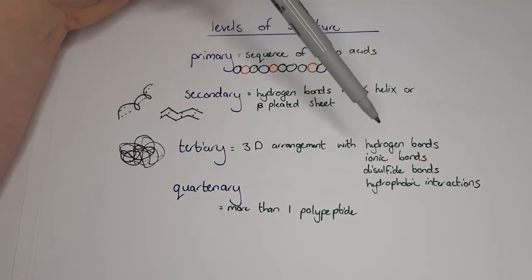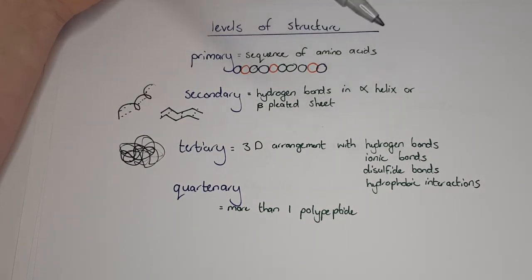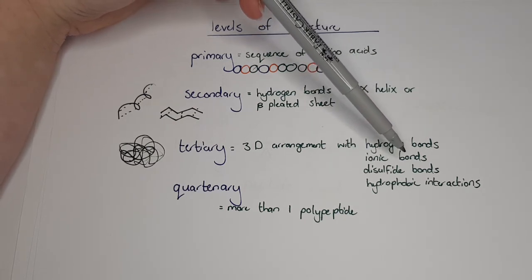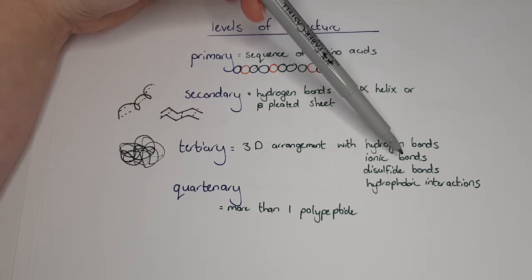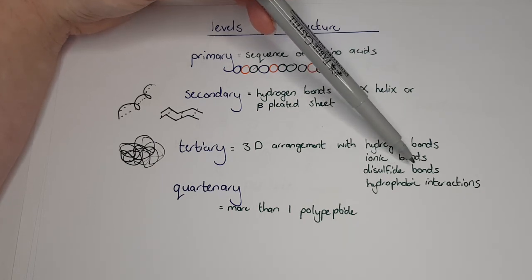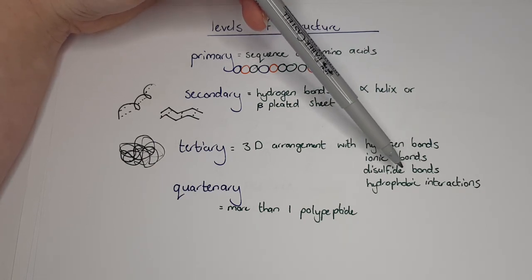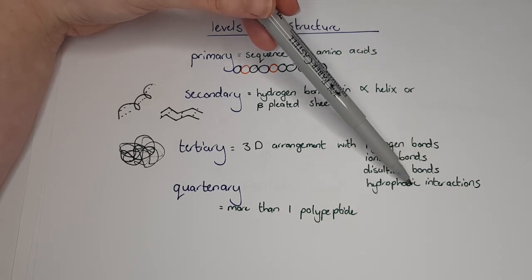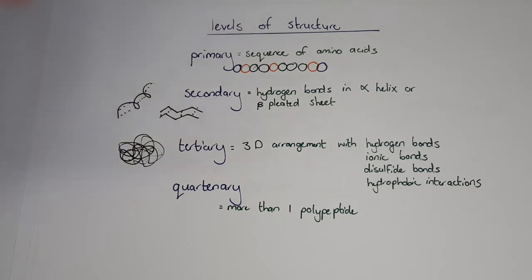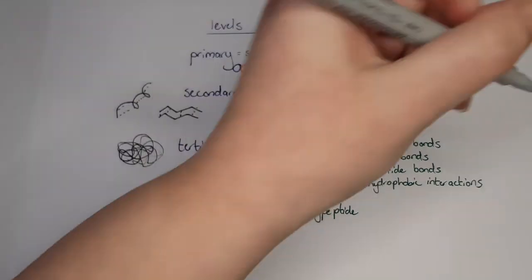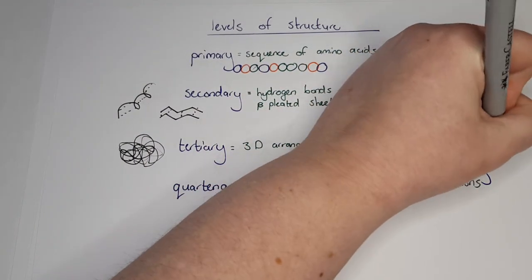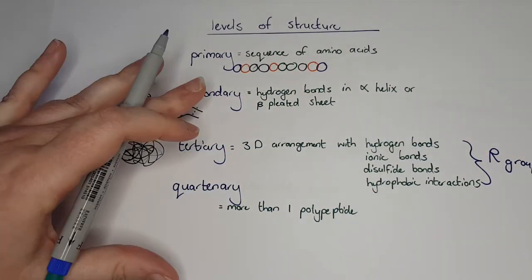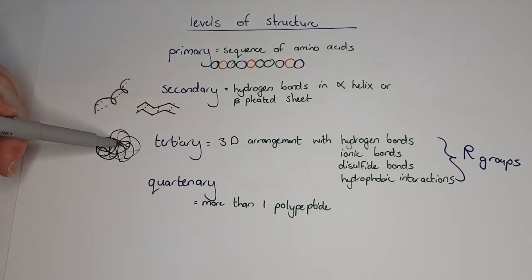Our hydrogen bonds, same as before, with things with oxygen and hydrogen, as well as nitrogen. Ionic bonds with charges. Disulfide bonds contain sulfur, so that's usually only cysteine. And then hydrophobic interactions are all the side chains that hate water. All of these bonds occur between the R groups of each of those amino acids, and that creates